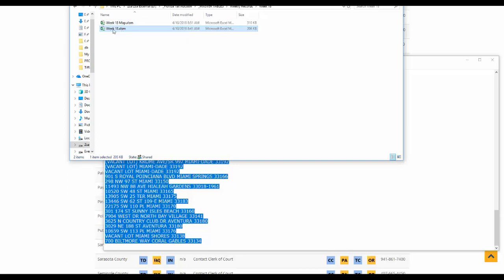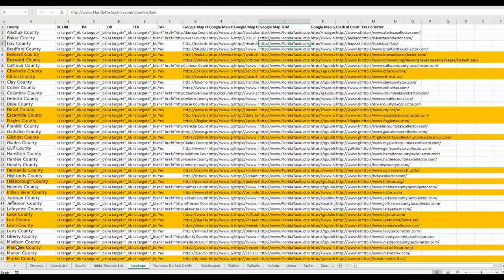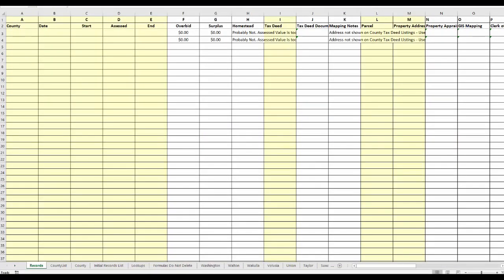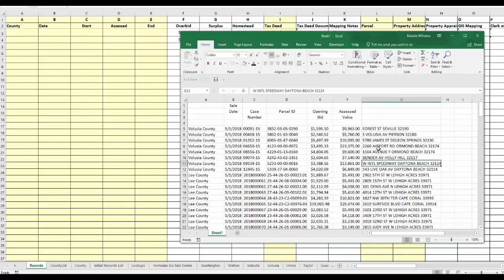Now I will open up week 18, not the map one. And here is my master spreadsheet. Any of the columns that you see that are not yellow, they either have a formula or a VLOOKUP of some sort that will produce some information that I need based on what I enter into the yellow columns. So if I switch back over to my spreadsheet of the records I gathered, the first thing I'm going to do is copy the